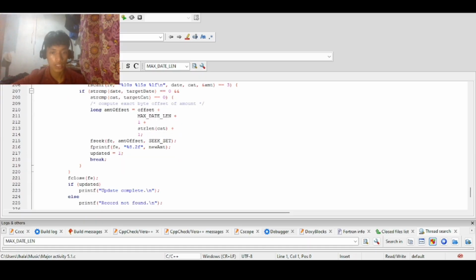So we have here fseek, so this line uses the fseek to move the file pointer to the calculated amount offset from the beginning of the file. So we have here SEEK_SET. So this position of the file pointer is exactly at the beginning of the amount to be edited. Then fprintf, so this line uses fprintf to write the new amount into the file at the current file pointer position. So the format specifier,